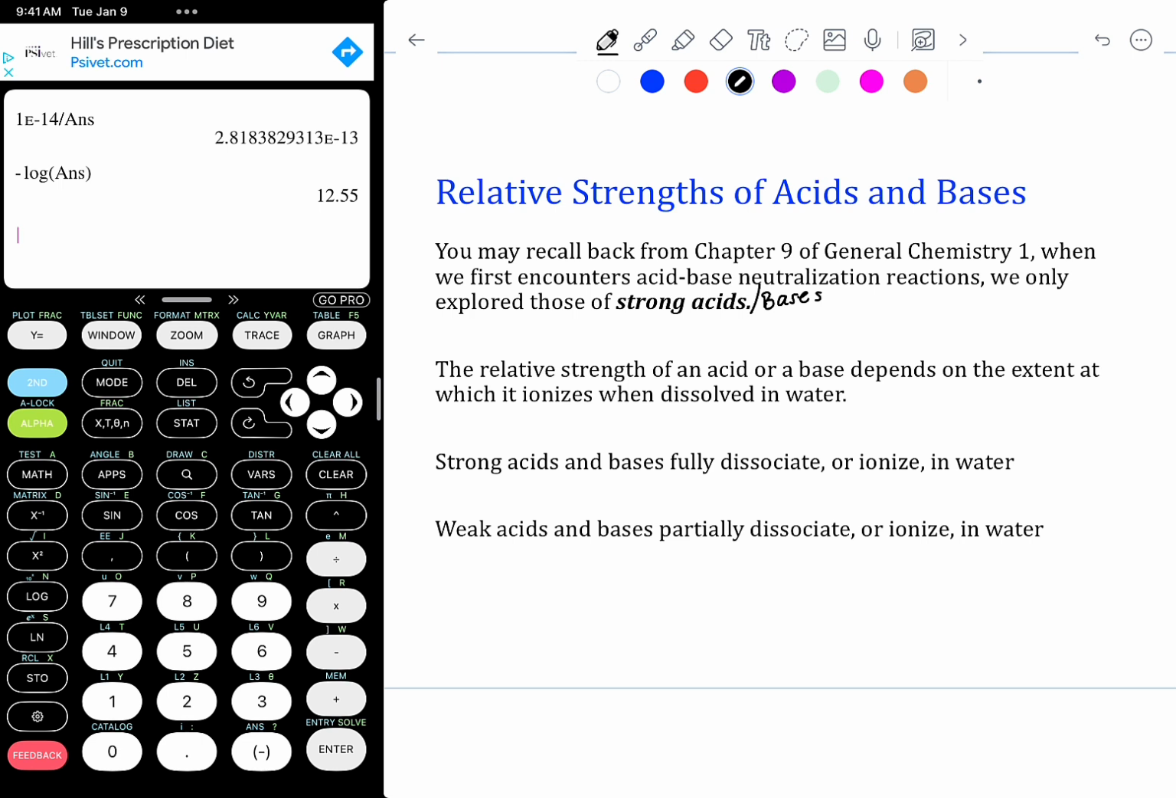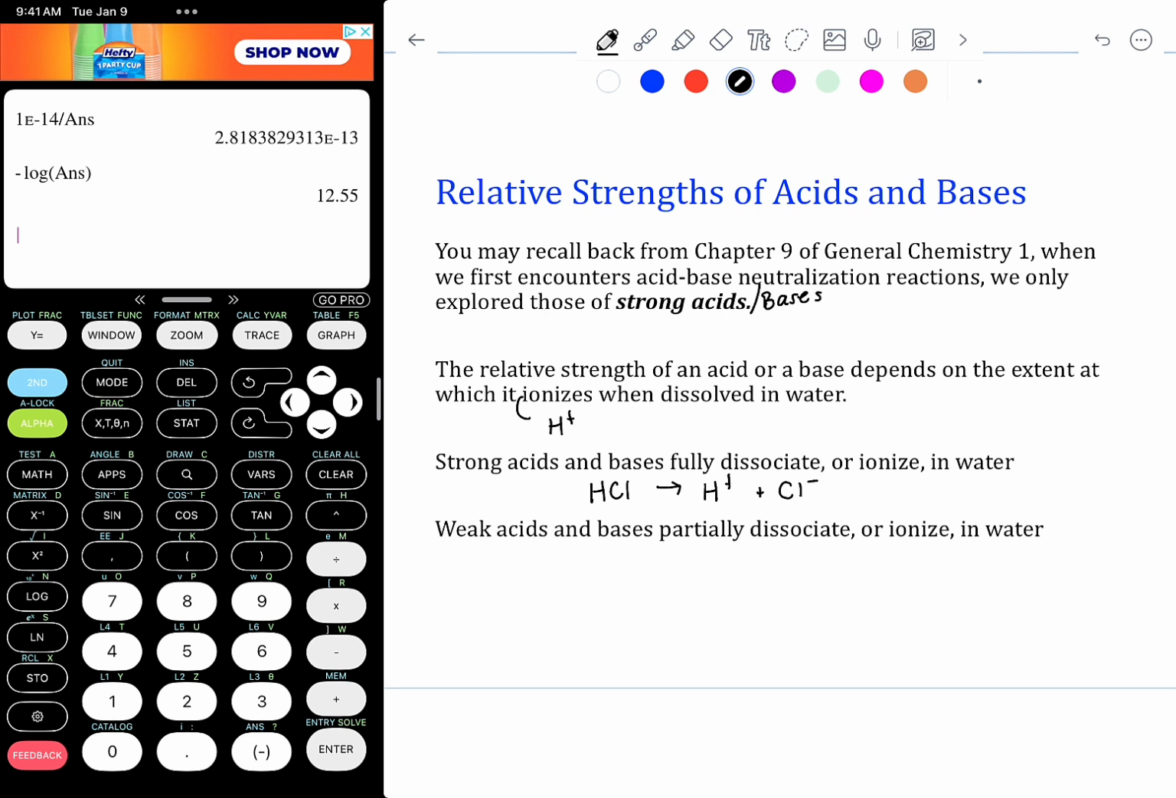The relative strength of an acid or a base is going to depend on the extent to which it ionizes when it dissolves in water, meaning ionizing relating to H+. So how much H+ is created from that reaction when it's dissolved in water. Strong acids and bases will fully dissociate or fully ionize in water. If I have a strong acid, let's say HCl, hydrochloric acid, when it reacts with water, it is going to fully dissociate into H+